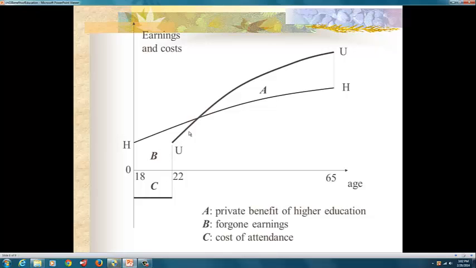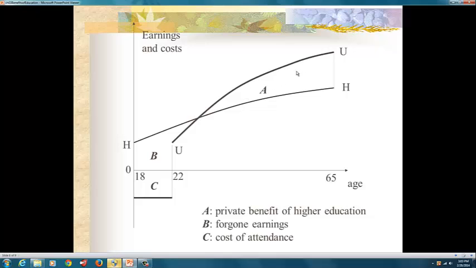But once you graduate and you find a job, we give you a little window here to find a job, then your earnings will immediately be way higher than that of the secondary school graduate, because you will be more productive. Higher levels of education translate into higher levels of productivity, and employers tend to pay you a much higher wage. So your lifetime earnings are way higher than the secondary school graduate's up until retirement, assuming you retire at 65. Of course, you can retire at 50. But this A represents the private benefits of higher education.